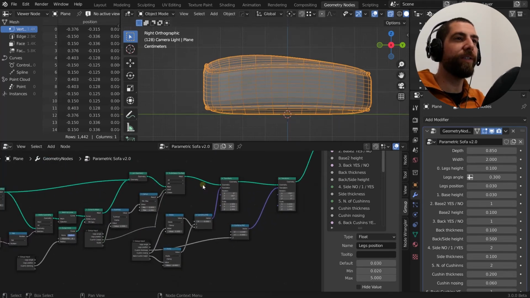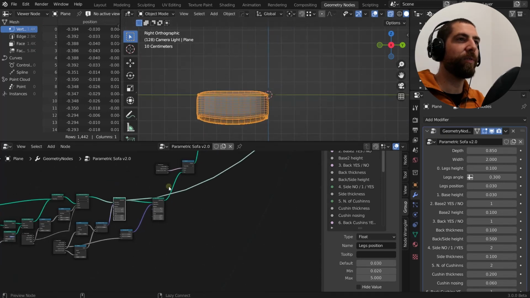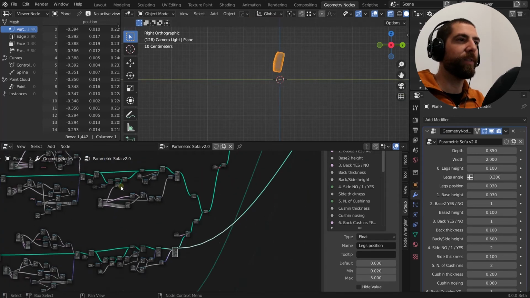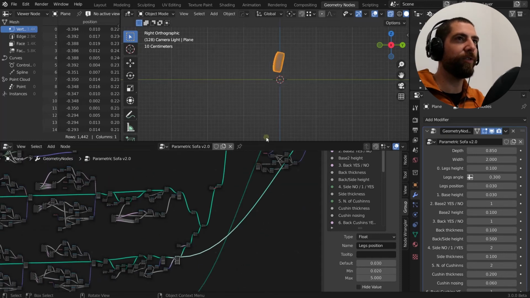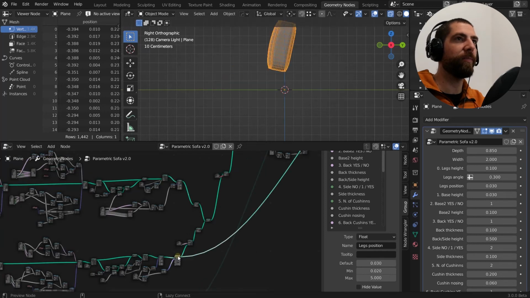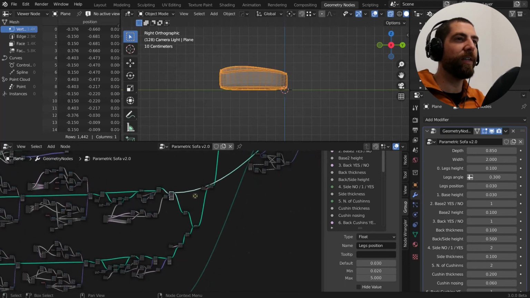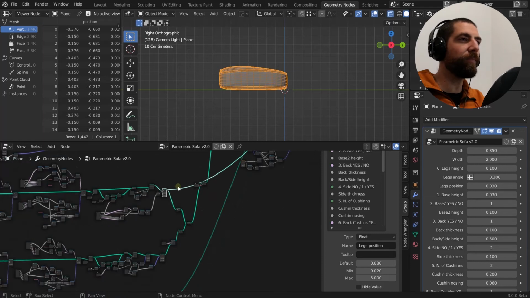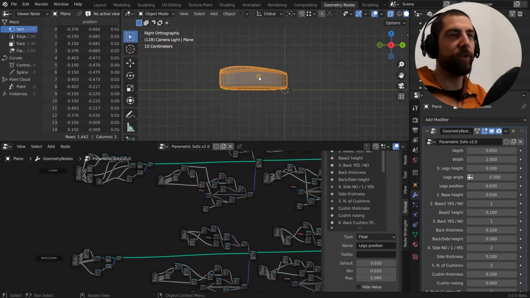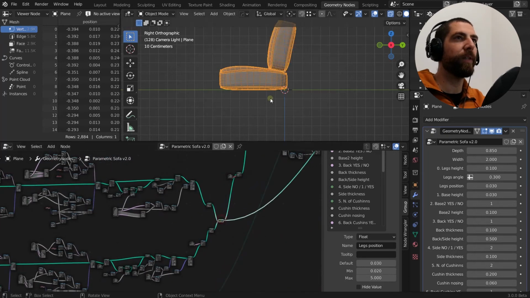Okay, so we got our stitching, and then we needed to transform it. This is the back cushion, because everything for the cushions, this is the front one and this one is the back one, and everything remains the same. And I kind of joined these, the back cushion and the horizontal cushion. I joined them together here like this,